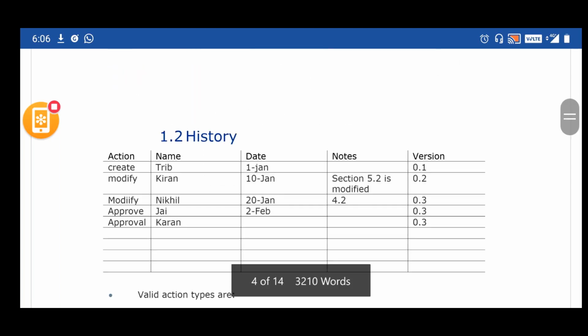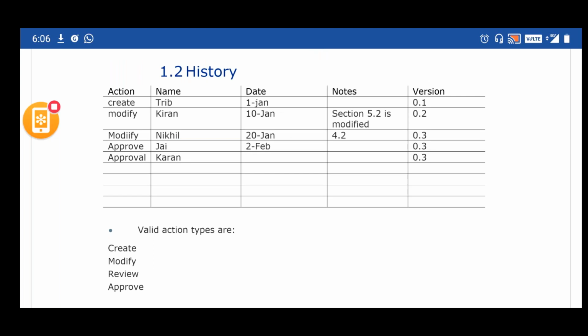Then, similar to what we discussed yesterday with regards to configuration management, under the history section you have the action, name, date, any specific notes and the version. The valid action types are create, modify, approve, and review.